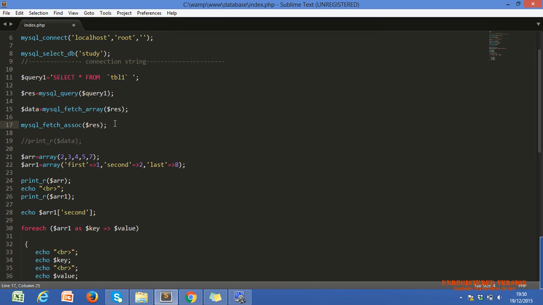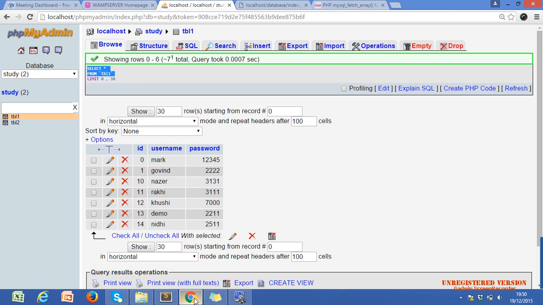Now it will return our database record as an associative array. Associative array means key and value. Now it will automatically assign the column as the key. The first key is id, the second key is the username, and the third key is the password.